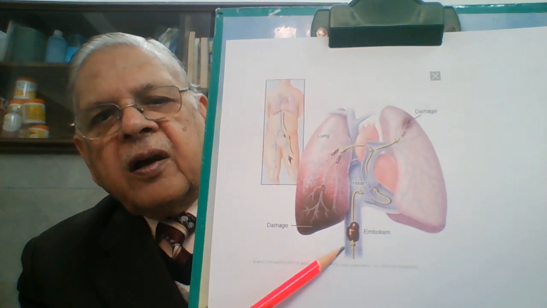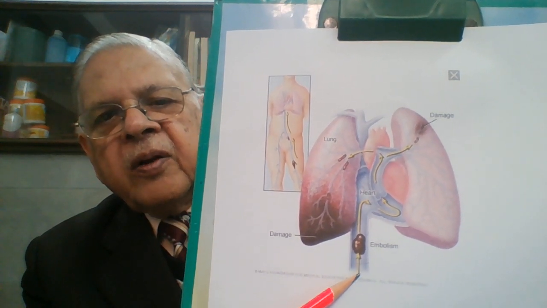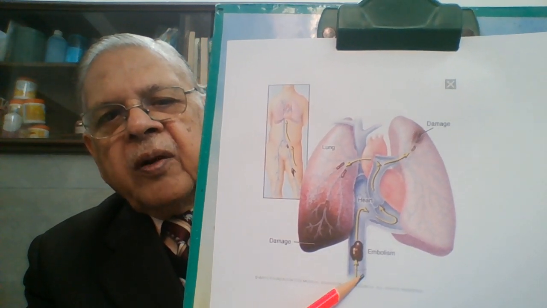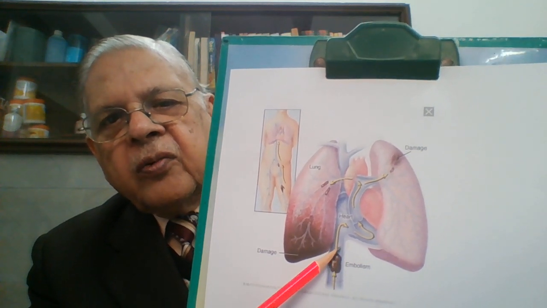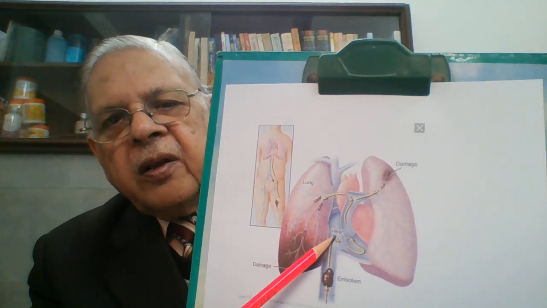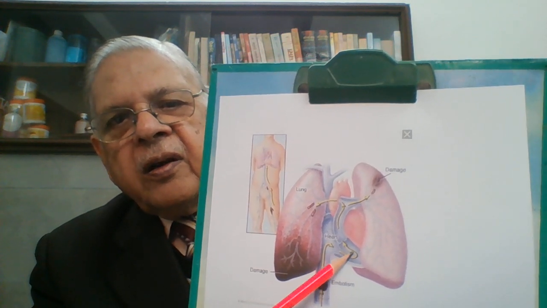This is a large vein which is bringing blood back to the heart from the lower limbs, abdomen, and lower part of the chest. All the blood comes through this vein into the right atrium, and from right atrium to the right ventricle,